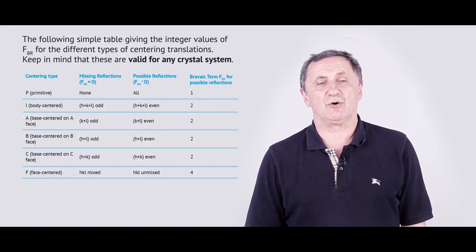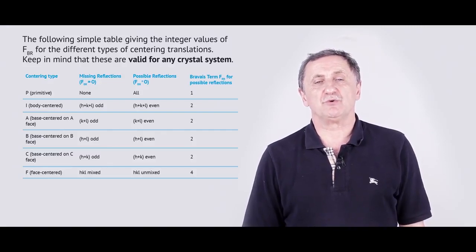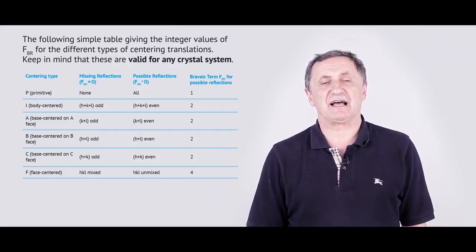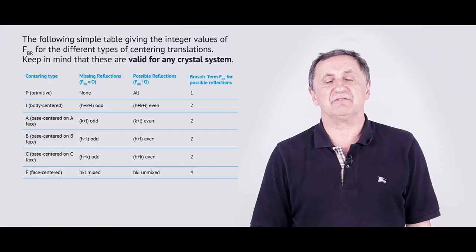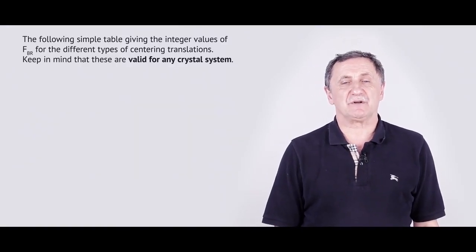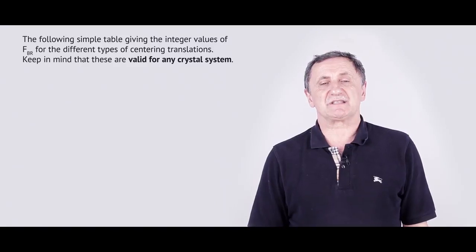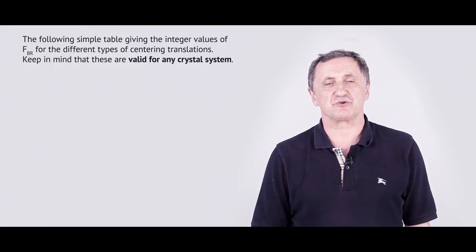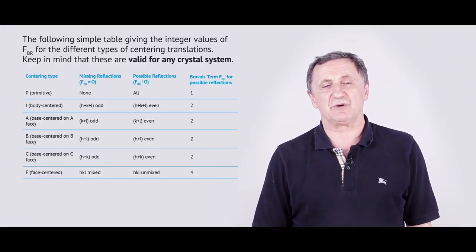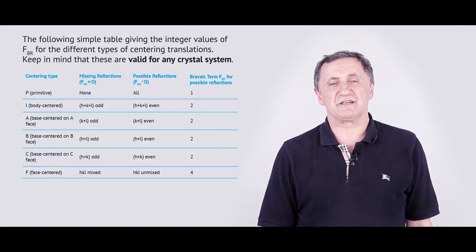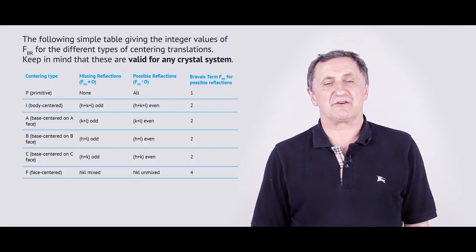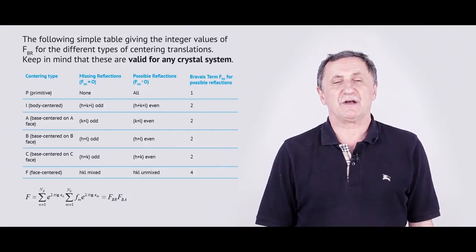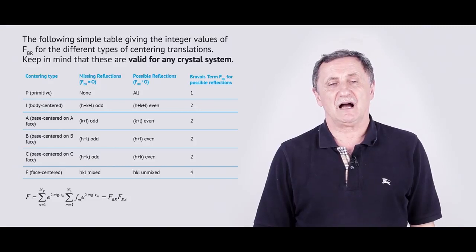In the case of the body-centered structure, you may have a reflection only from the peaks for which H plus K plus L is even. So it means that, for example, you cannot see peak 1, 0, 0, because in this case 1 plus 0 is not even for sure. The first peak which you can see will be 1, 1, 0. Again, you will not see peak 1, 1, 1, and so on. The other restrictions for other crystal structures you can see in this table, and you have to take them into account when you are indexing the obtained